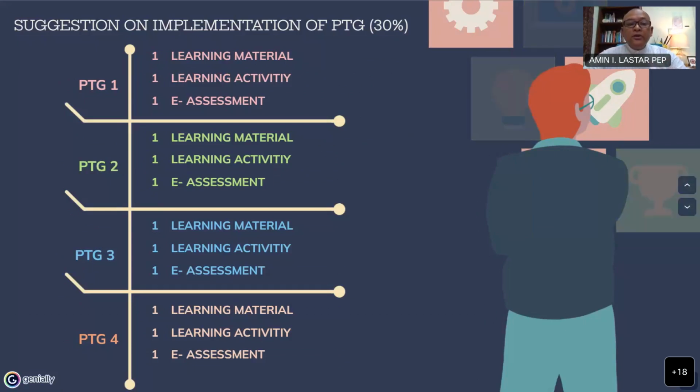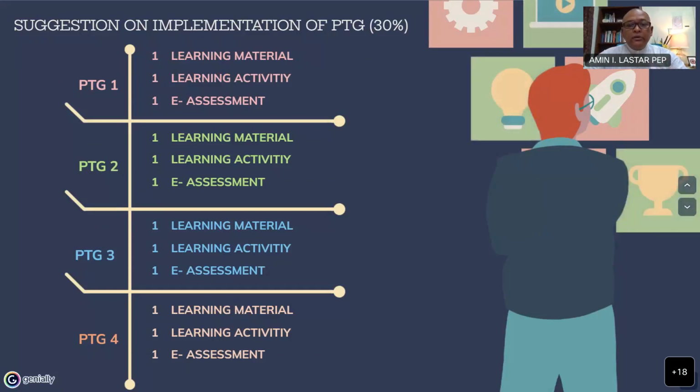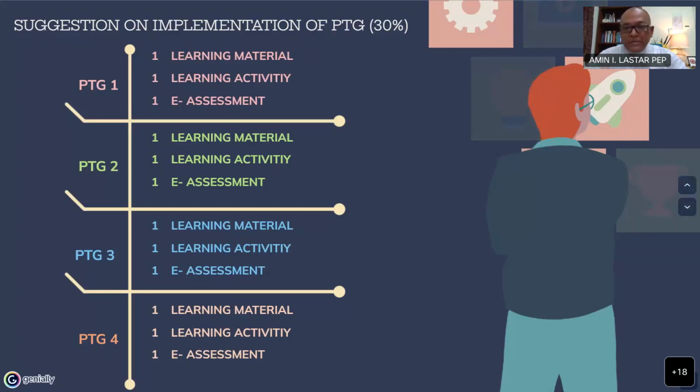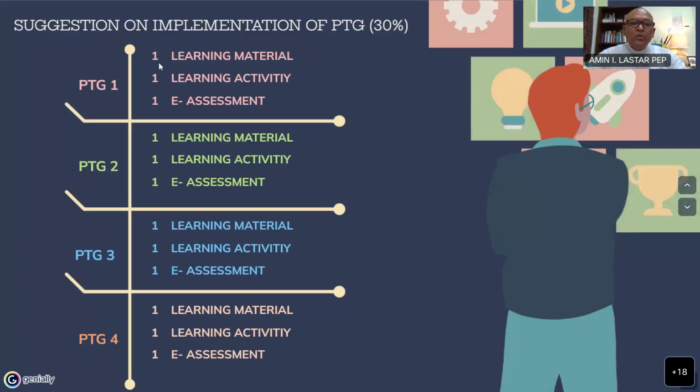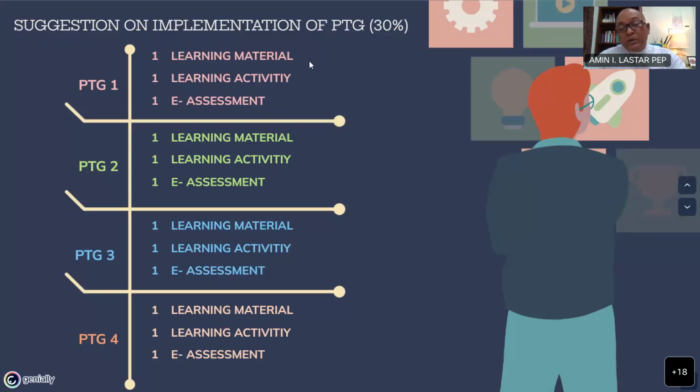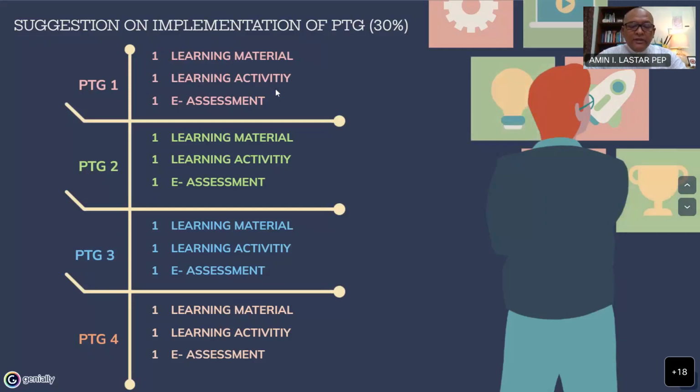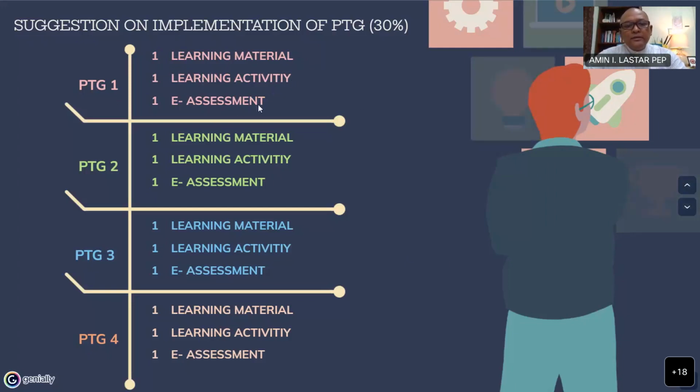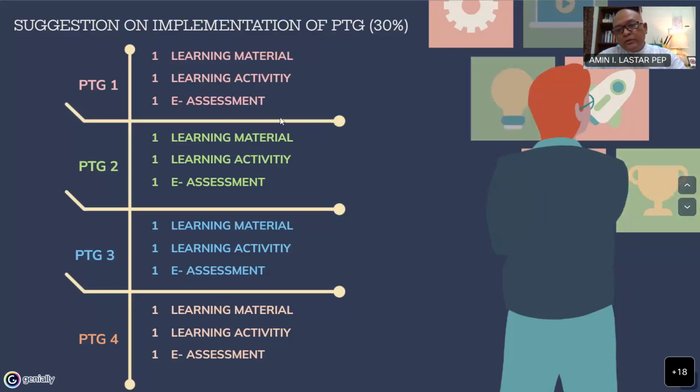For each of these PTGs, you're only required to have one learning material, one learning activity, and one e-assessment minimum. By calculation, one learning material is about 3.5 hours, one learning activity is also 3.5 hours, and one e-assessment is 2 hours. So for 4 PTGs, that is 8 hours of e-assessment.